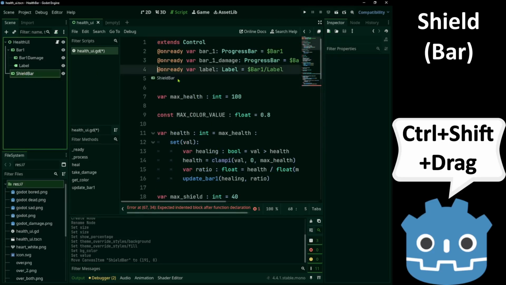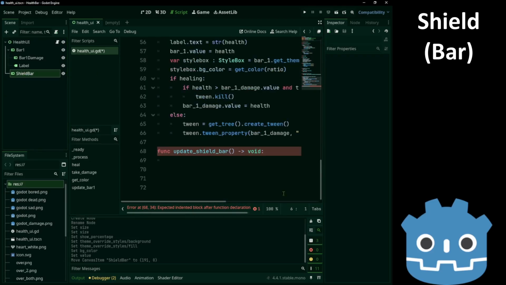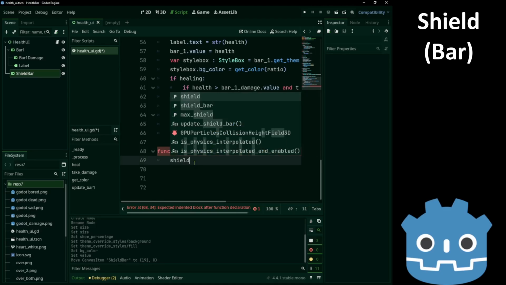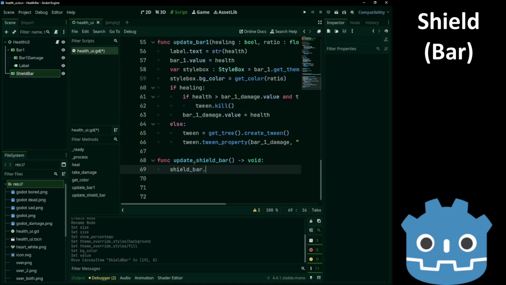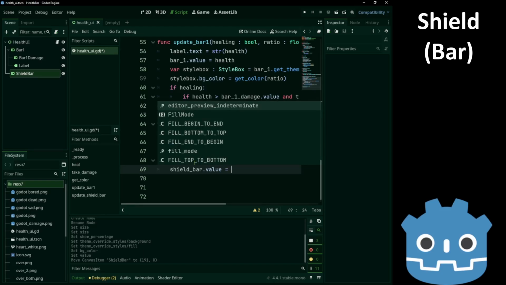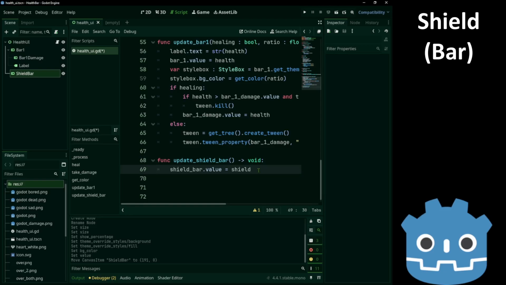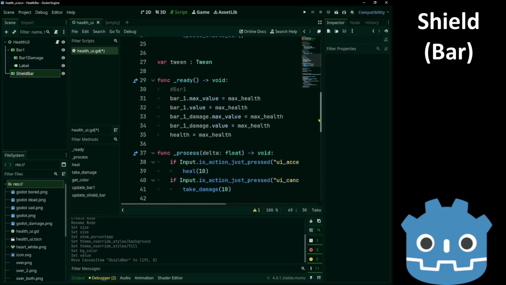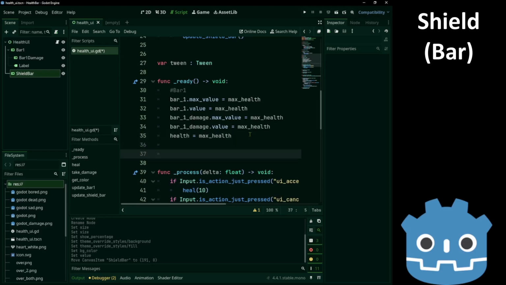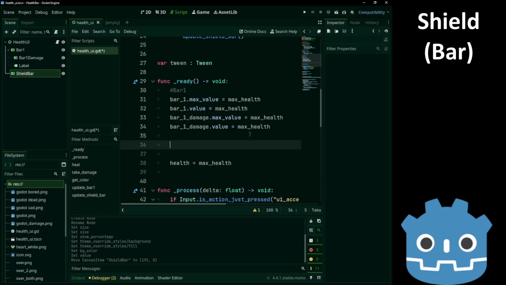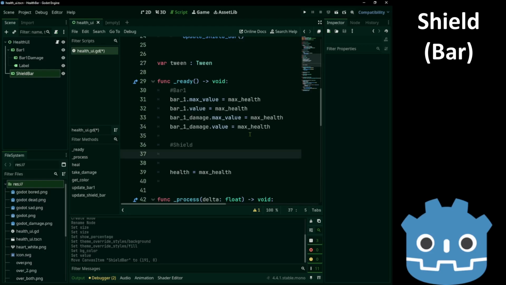Add the bar and set its value. Now on the ready function, we'll change the position.